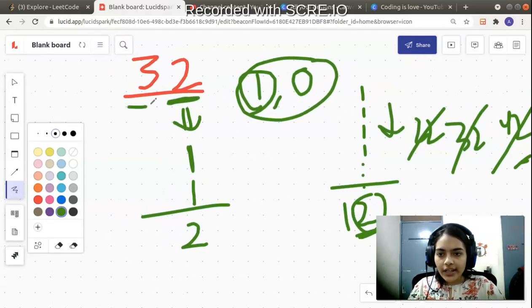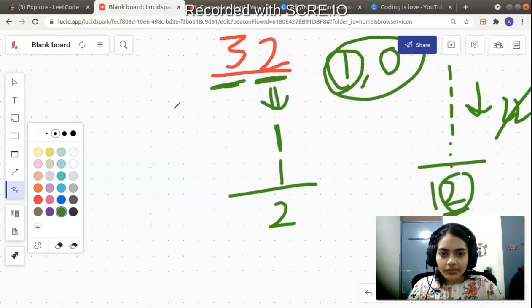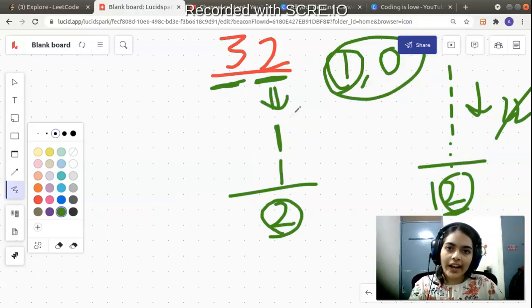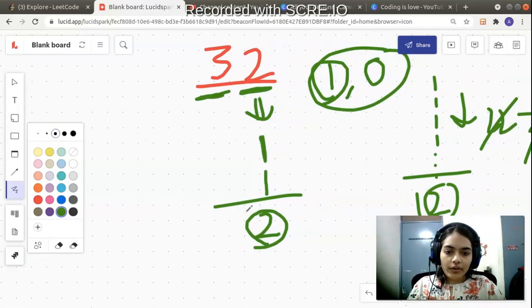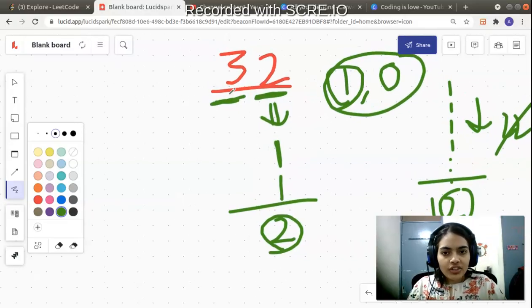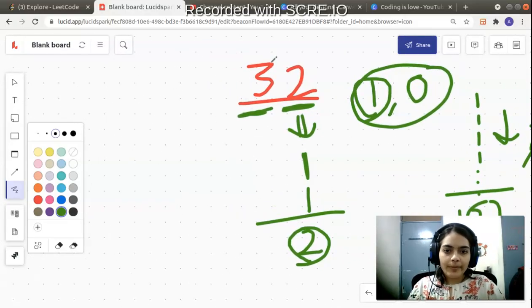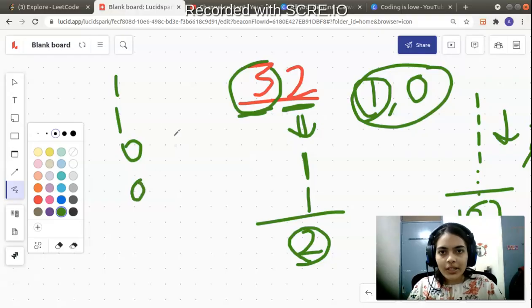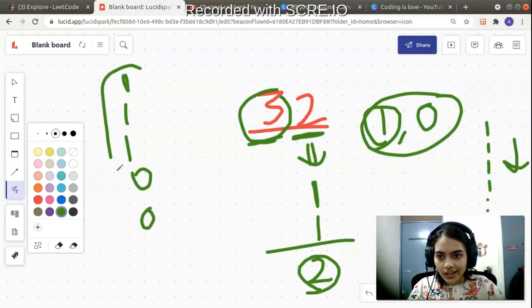Okay, what about the next digit 3? To make 3, how many ones do you need? Now you see there is no carry on from behind. You are not getting any support because there's going to be no carry on. You are always taking the minimum ways, just like the 2 ones before. So you have to take 3 ones to make 3. You cannot have less than 3 ones. If you take less than 3 ones and take other zeros also, it's going to be useless. You need minimum 3 ones.